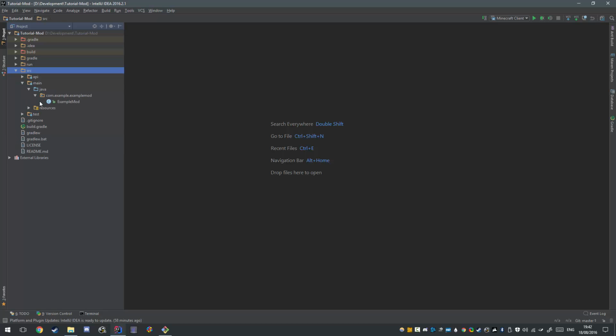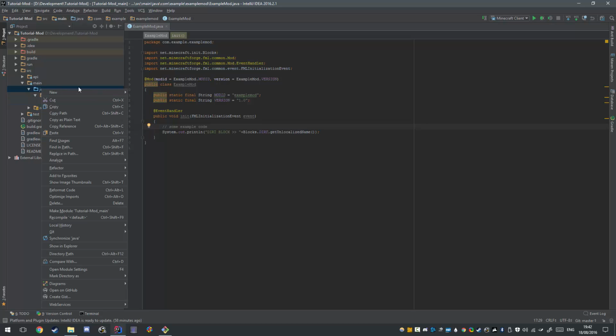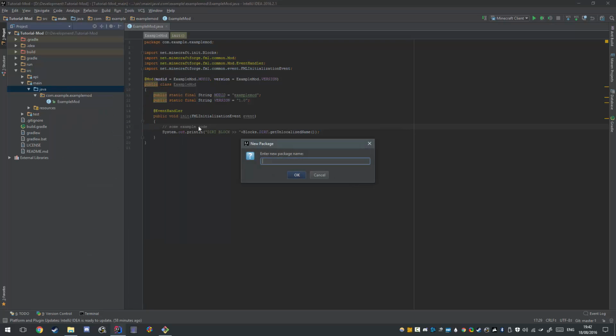So as you can see, Forge comes with the example mod, and this is actually quite helpful because it saves us a bit of time. The first thing I'm going to do is create a new package for our mod, and the way packages are named usually is by using your domain backwards. So for me that is